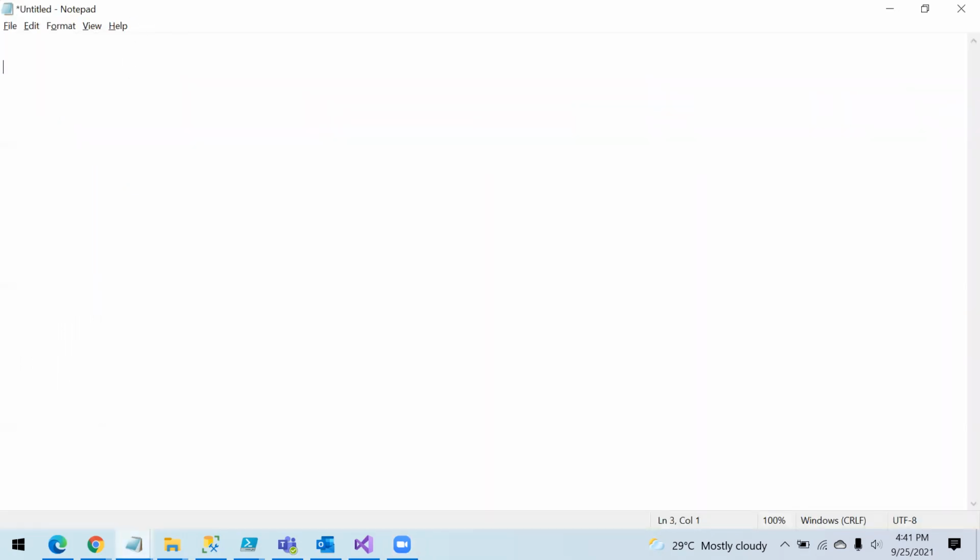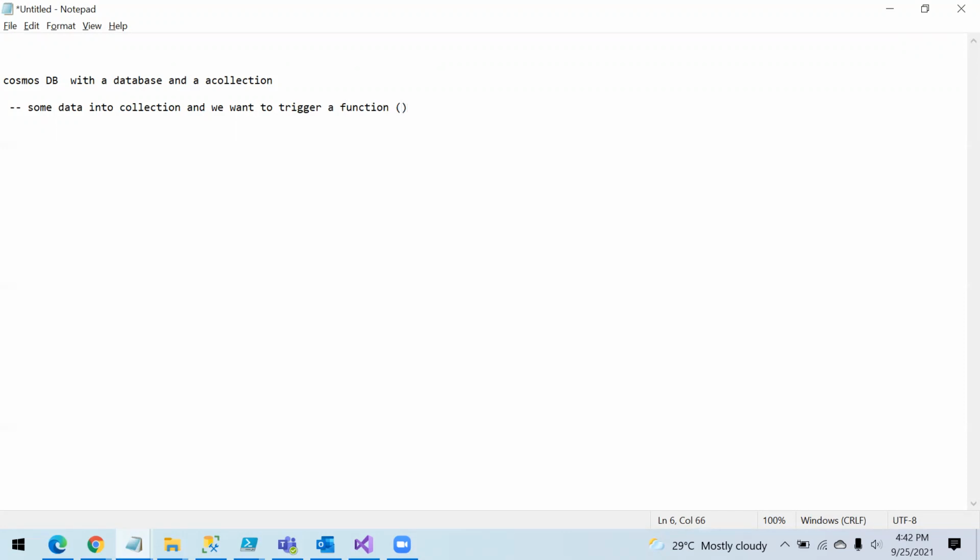So what we're going to do is create a Cosmos DB with a database and a collection. Then we're going to put some data into this collection, and we want to trigger a function.